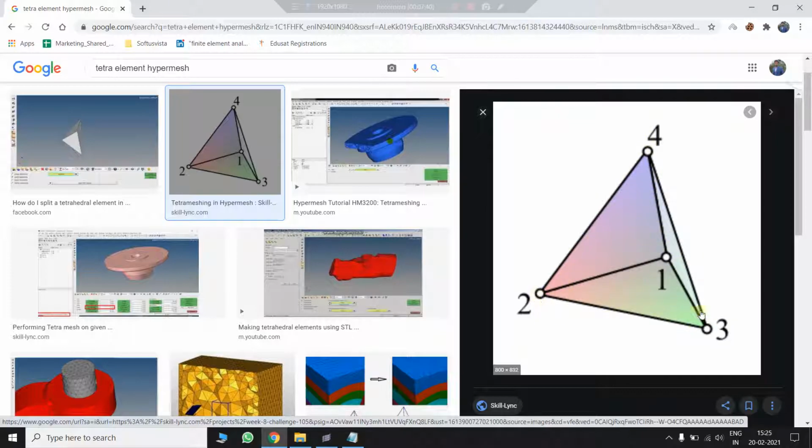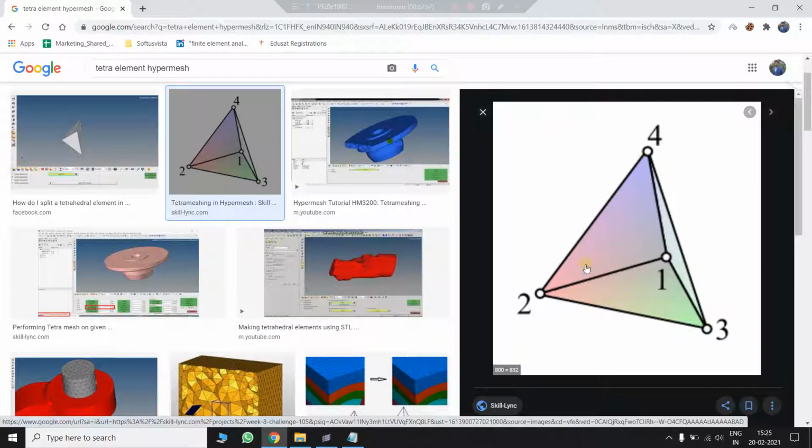So nodes 2, 3, 4 are in one plane, and node number 1 is not in this plane, it is out of plane. So this is what TET collapse is.